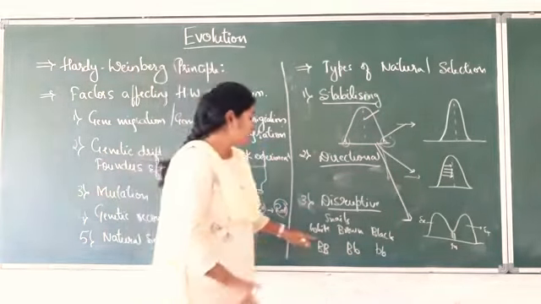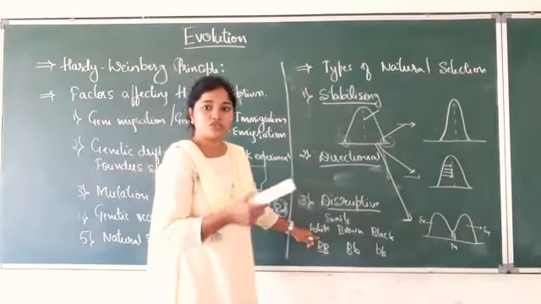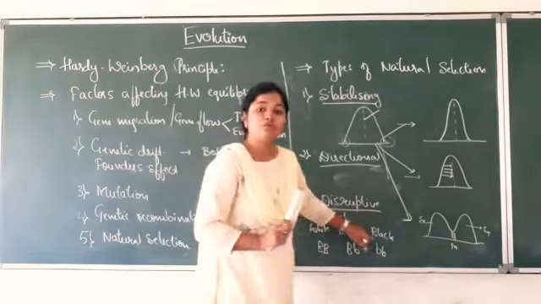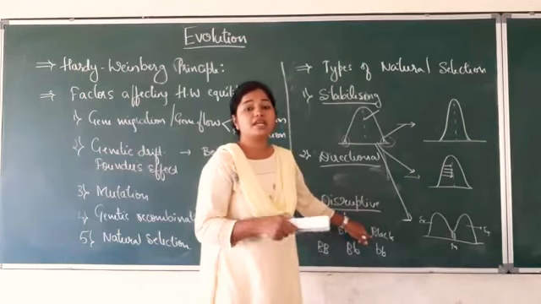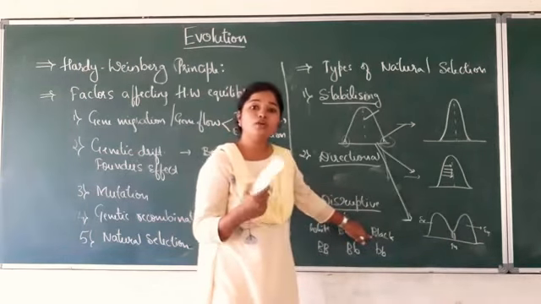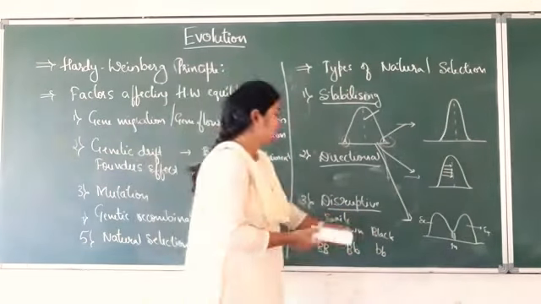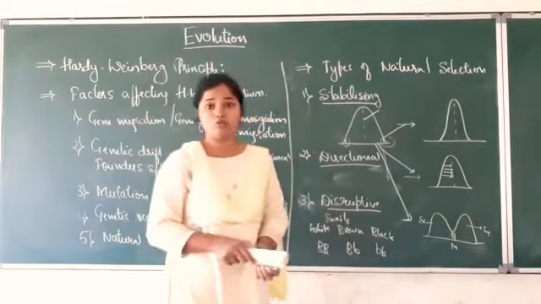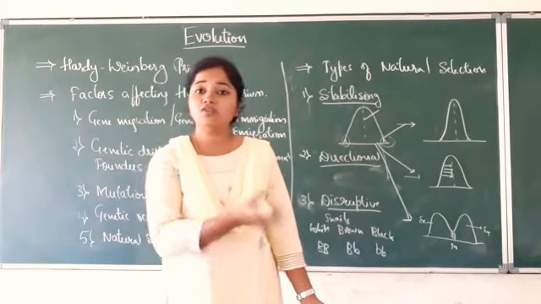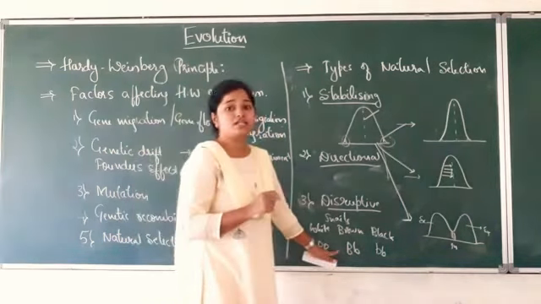Obviously the white color snails which are present in the seabed are going to get camouflaged with the color of the sand and they are not easily visible for the predators. Then coming to the black ones, obviously these black snails are going to camouflage with the rocks. The rocks are usually black in color and they are also not much identified by the predators, and they are also going to be increased in numbers. Whereas coming to the brown ones, these brown color snails are going to be easily identified even on the white bed or even on the rocks. Hence the number of the brown snails is going to reduce.